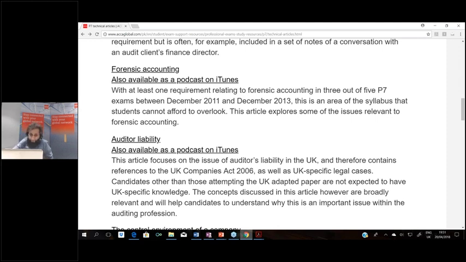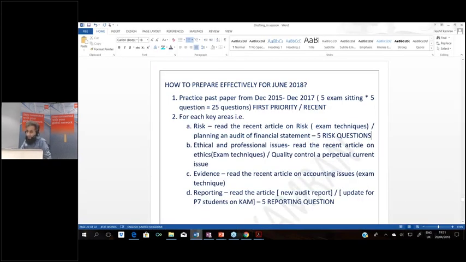Okay, so I hope the discussion we had today would have been helpful for you. What is your body language? Those of you who were in the session on Monday and are still here on Friday, has your body language changed for P7? Do you believe you can do it? Has this session created a sense of motivation among you? Are you pumped up? Are you enthusiastic? Do you believe you can do it this time?